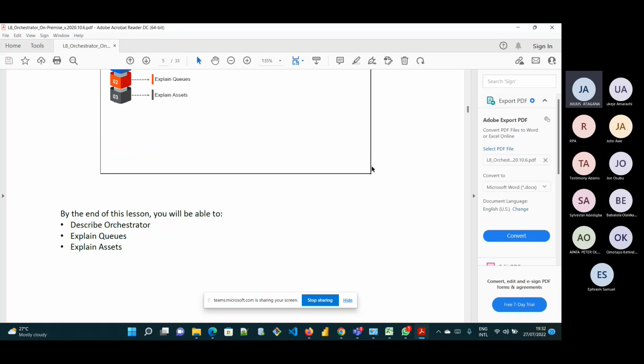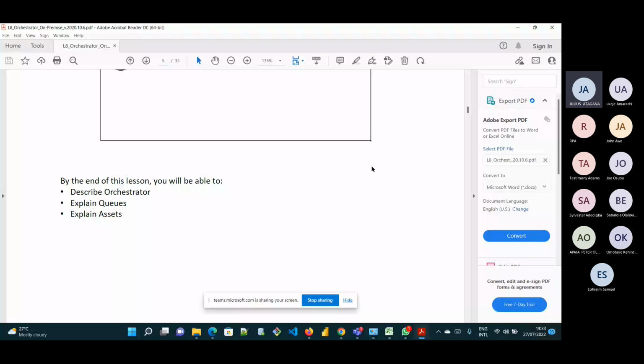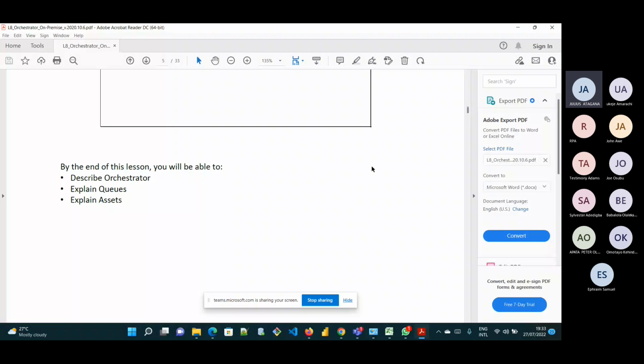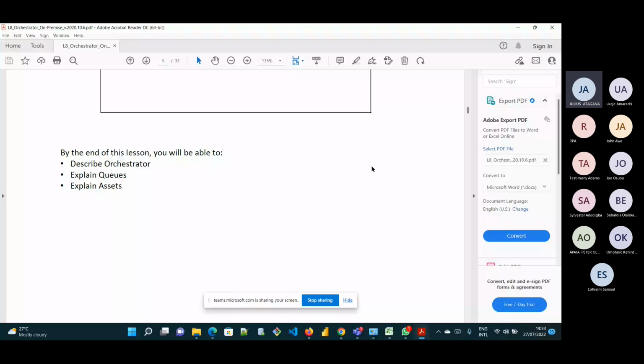Orchestrator is a web-based application and it can connect each robot. The kind of robots the orchestrator can work with are basically the attended and the unattended robots, though we also have the ones we use for production, tests, and all that. Then let's look at the attended robots and the unattended robots.